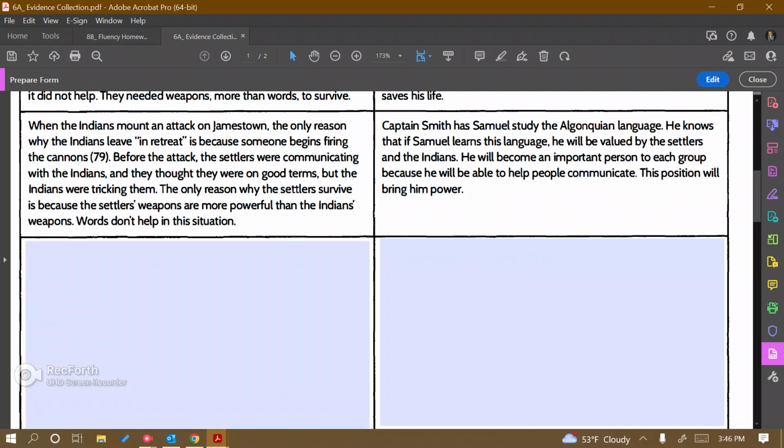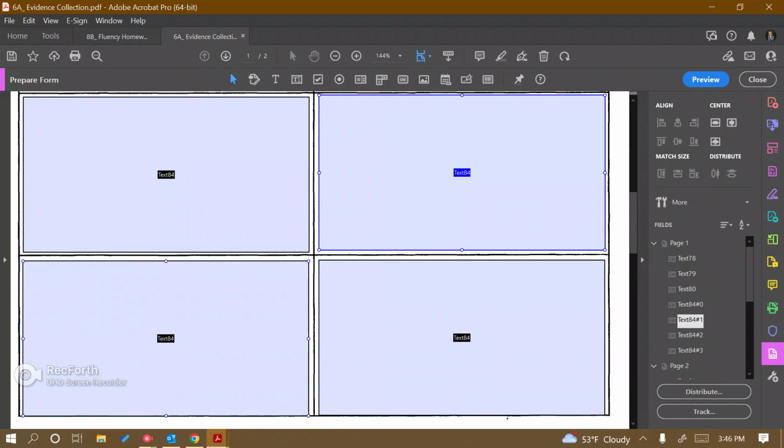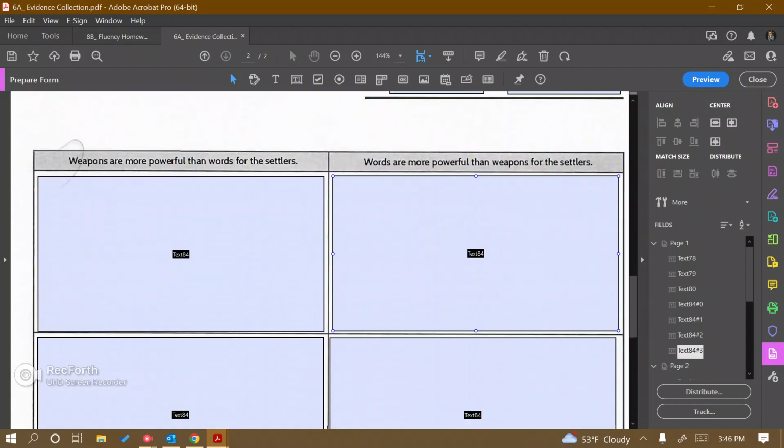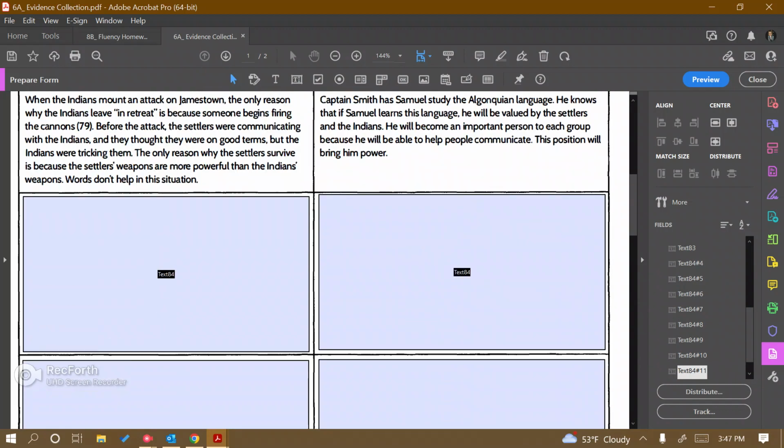You can see how that would not be ideal because it's not going to be the same answer in every box. The reason for that is because if you look at these boxes, text 84, text 84, text 84, text 84, they all have the same number. So it's duplicating what's in each box. I did save myself time on going up and clicking the tool for the text box. I did save time on adjusting each individual box,